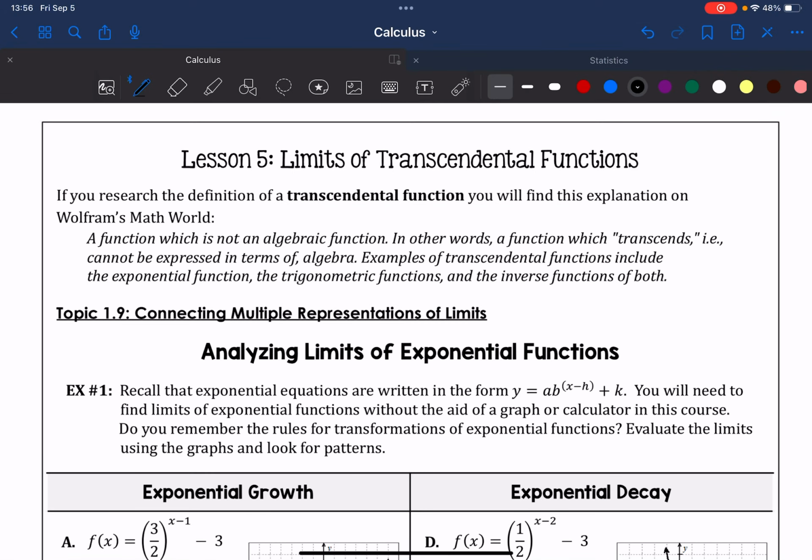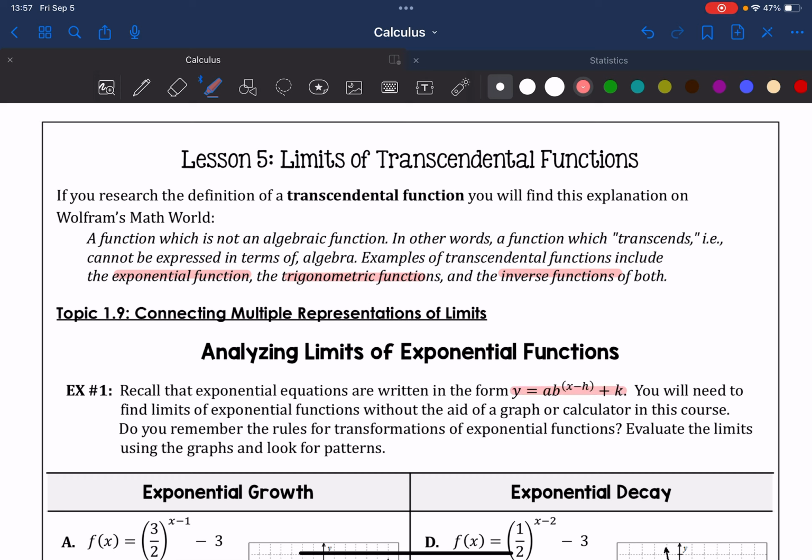Notes 5, limits of transcendental functions. So a transcendental function is a function such as an exponential function, a trig function, and then the inverses of both. So looking at the first part, analyzing limits of exponential functions, remember that the standard form for exponential is